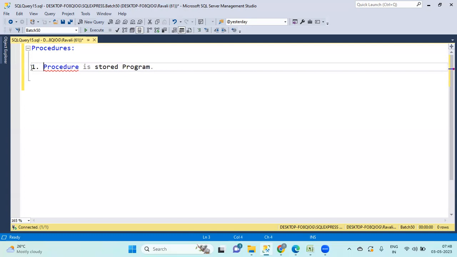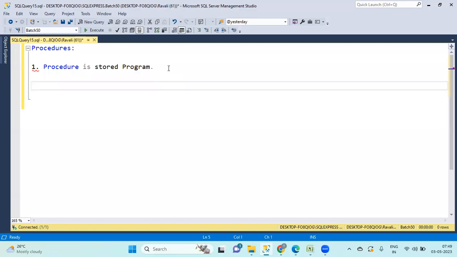So, what is a program, guys? Generally, what is a program? A program is nothing but a set of instructions, right? In the same way here, a procedure is a stored program. Why we call this a program: if you want to run multiple SQL statements together,